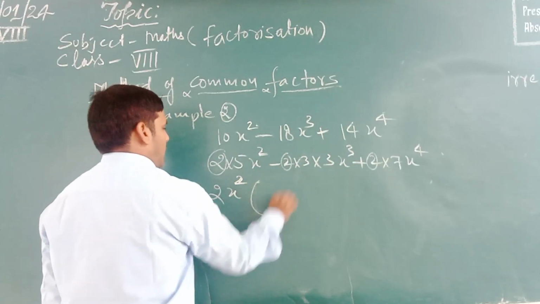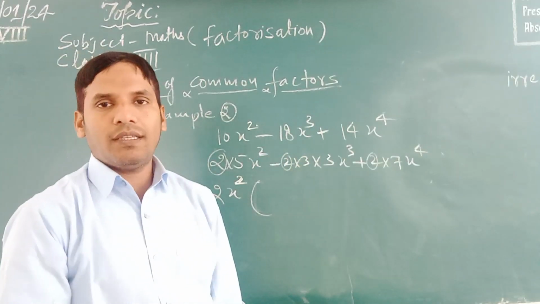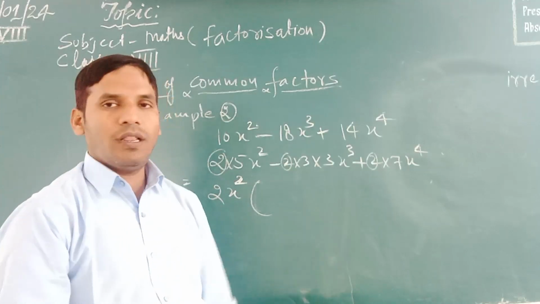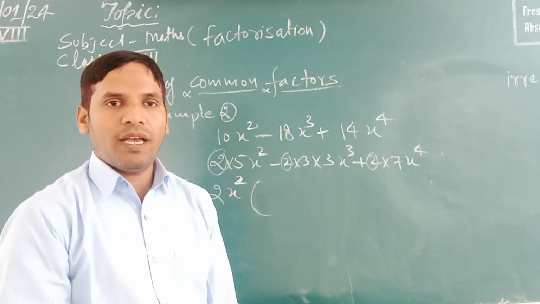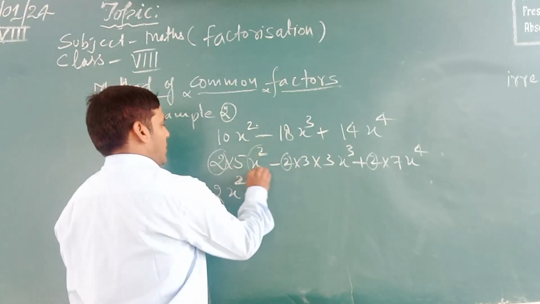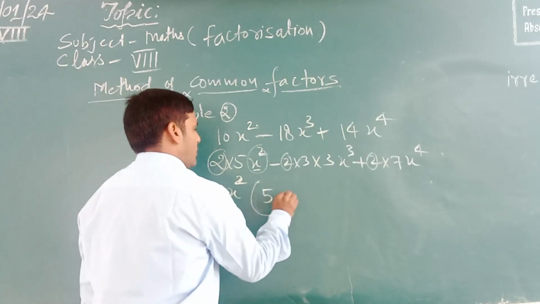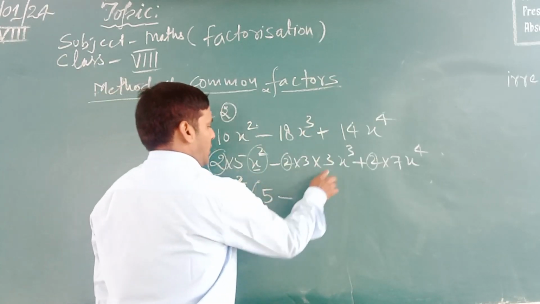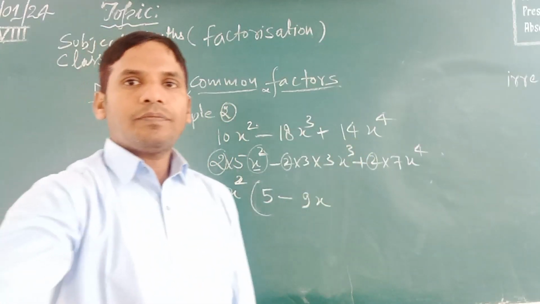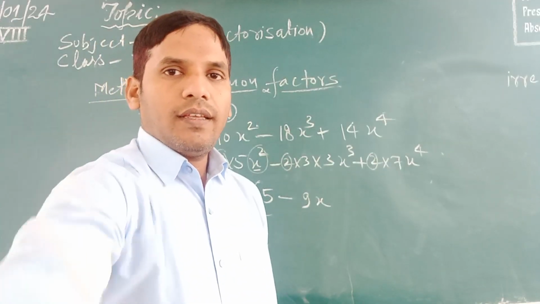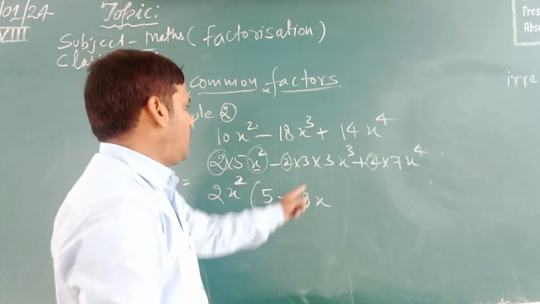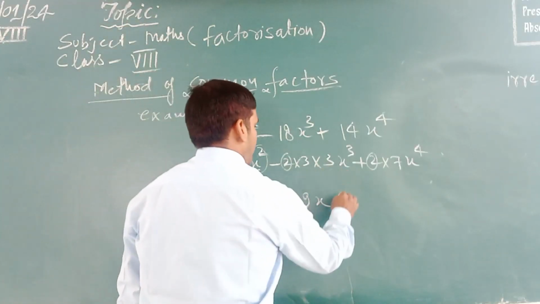If all the variables in the given expression are the same, first we should check what is the smallest power of a given variable. The smallest power of a given variable will be the common term. Okay, after taking the common 2 and x squared, what will be there? 5, minus will be there, 3 into 3, 9. When x power 2 is gone, what will be left? 9x plus,